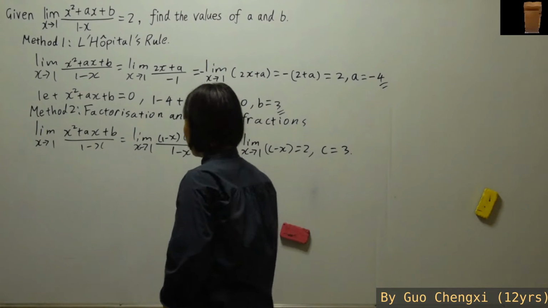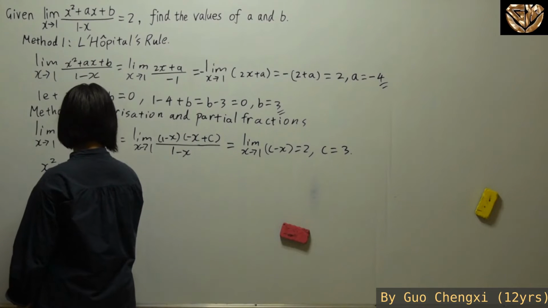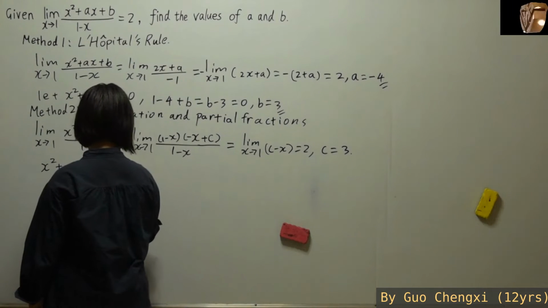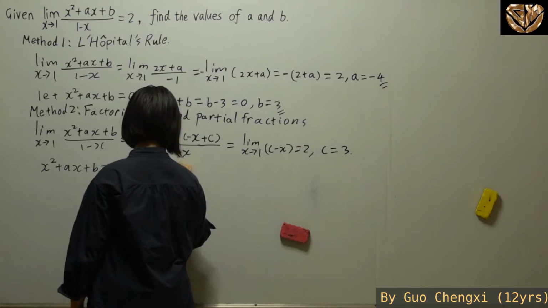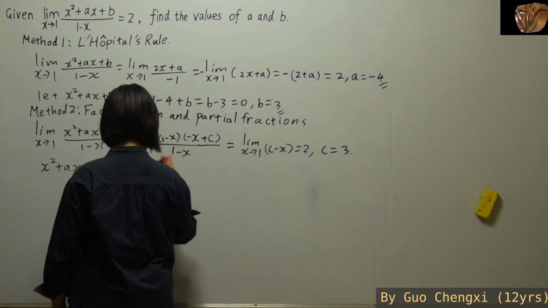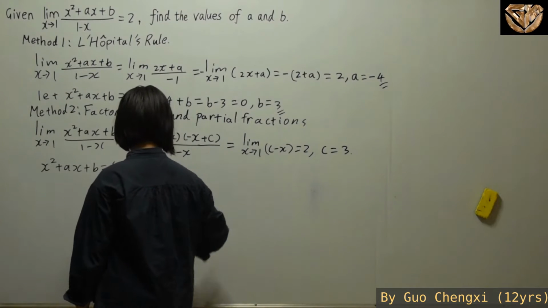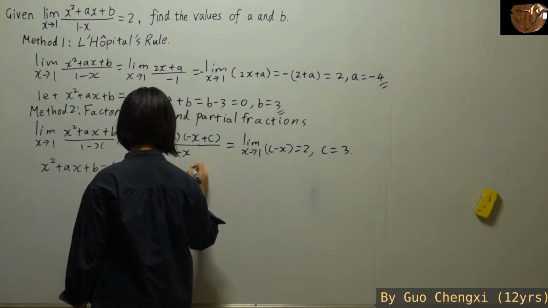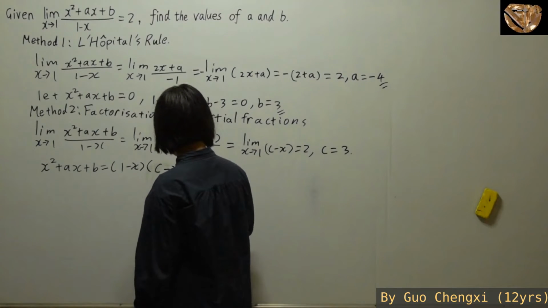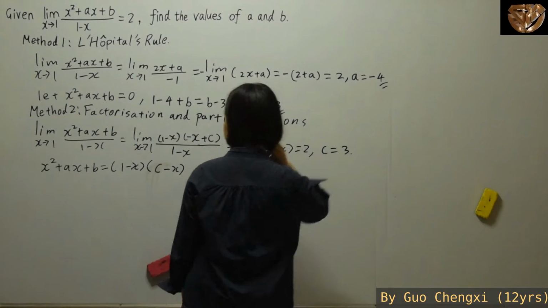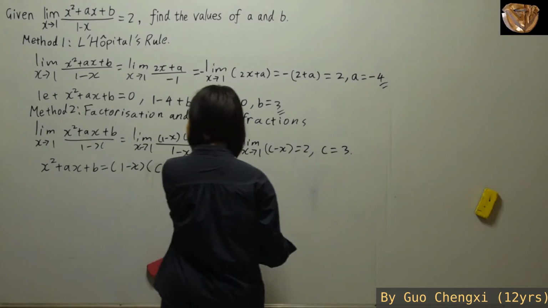Since x squared plus ax plus b is equal to this, you have c minus x. So now we know c is equal to 3,